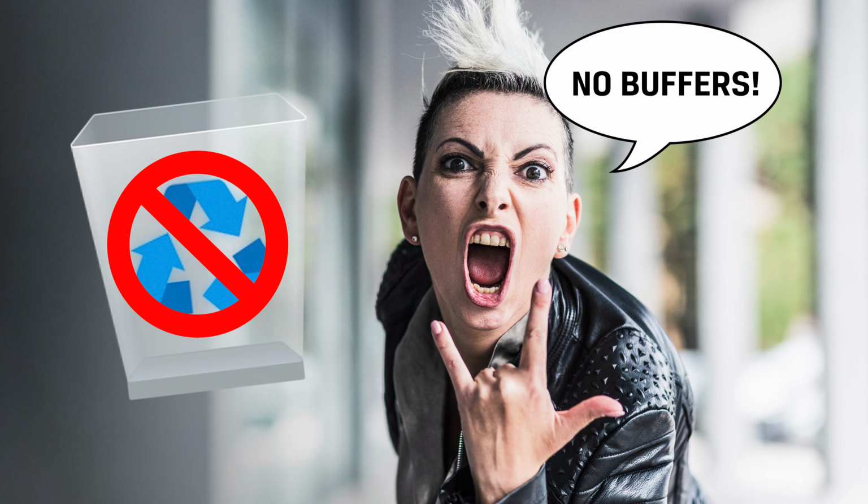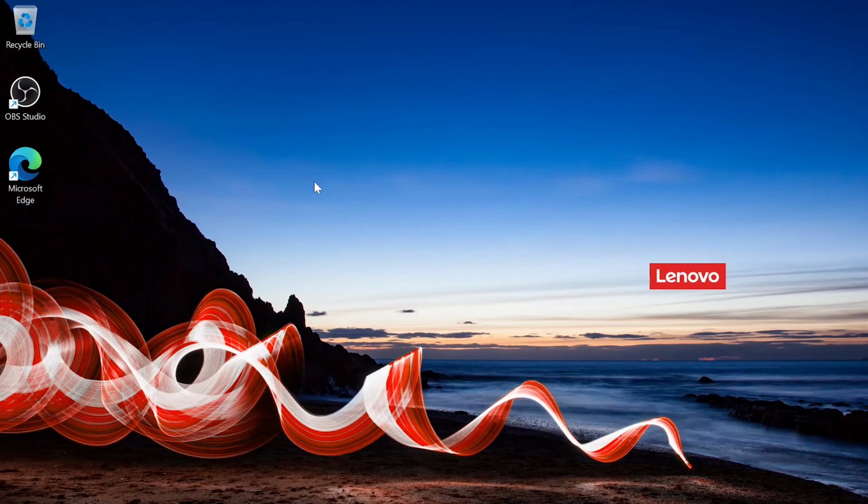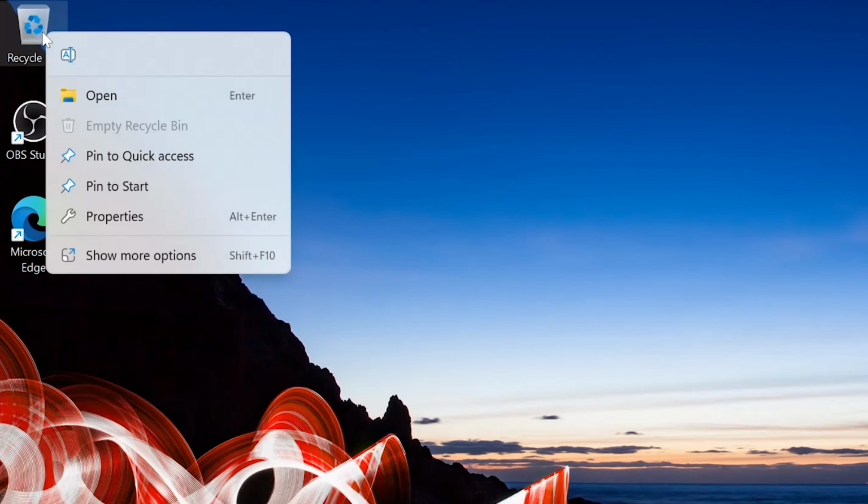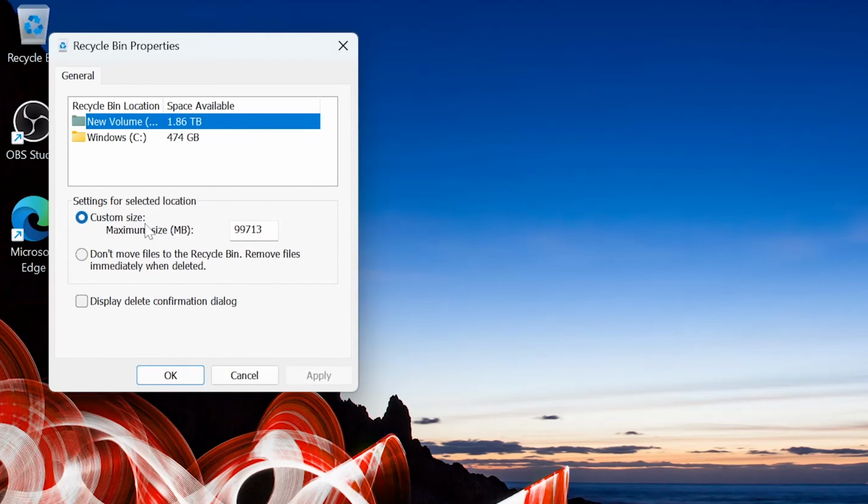However, some people do like to delete files without prompts or a buffer. I personally do not know anyone that does prefer this, but to each their own. And I can say that at DIY in 5, we recommend that you do enable this buffer. To verify that you have this buffer enabled, right-click on the recycle bin, select Properties, and make sure that Don't Move Files to the Recycle Bin is not selected. Also make sure Remove Files Immediately When Deleted is not selected as well. Then you just need to ensure you actually empty said recycle bin every so often when you're sure there's nothing in it you actually need, that is.